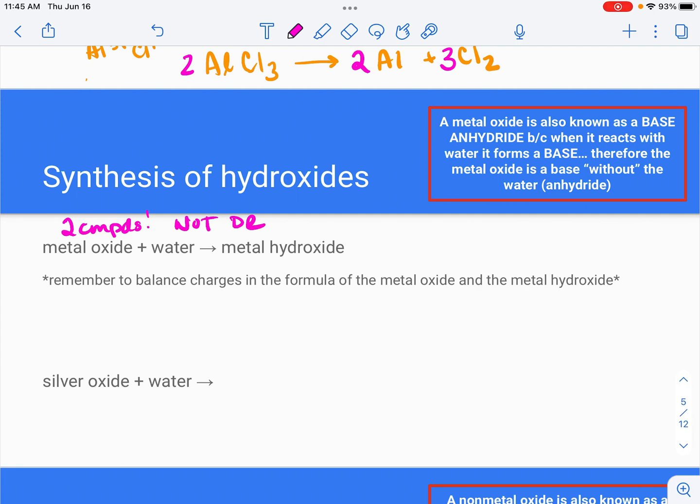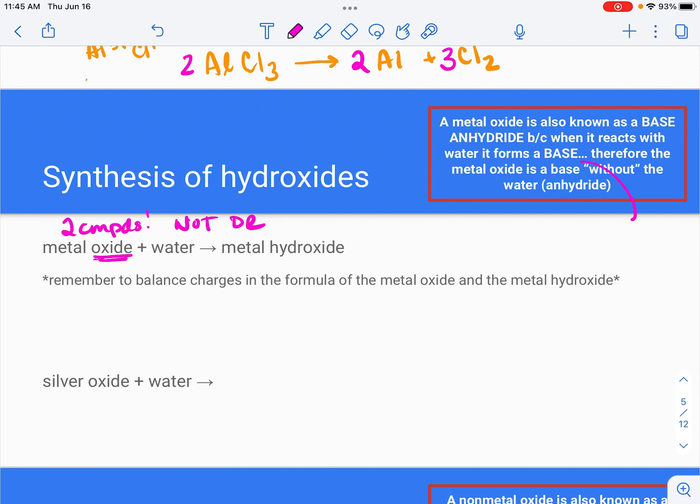Water, when it's a reactant, might be a single replacement reaction, or it will be a synthesis reaction. The other clue that you have is that we are not going to see oxides in double replacements. So when you have a metal oxide or a non-metal oxide plus water, this is a synthesis. Some vocabulary here. Your metal oxide is what's known as a base anhydride, because when it reacts with water, it